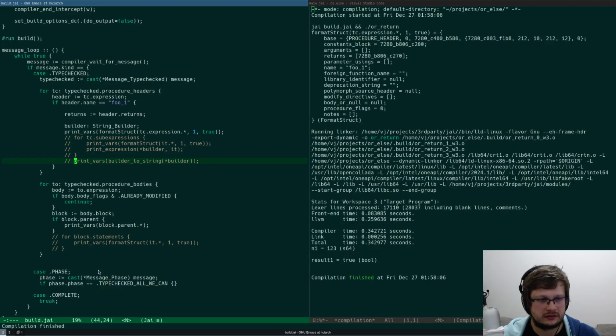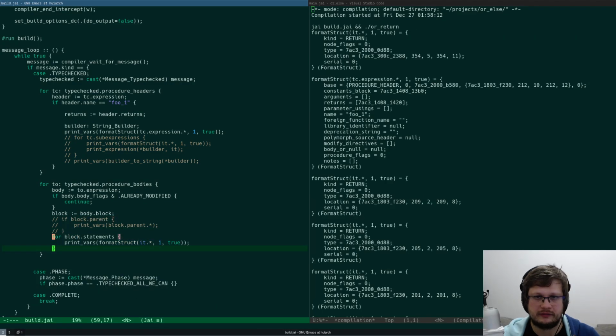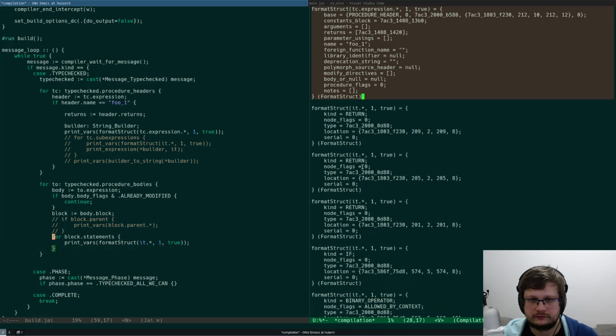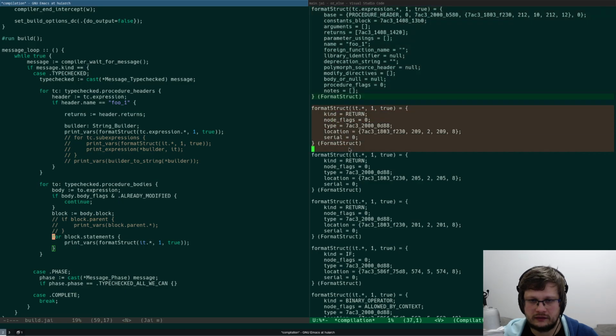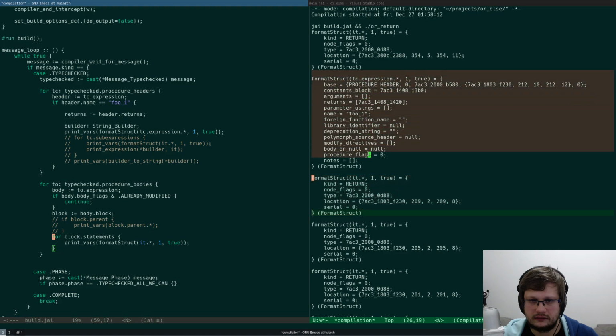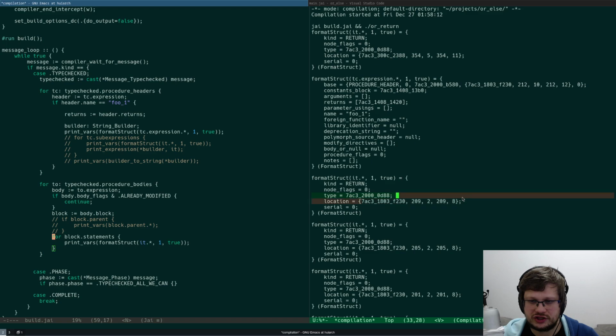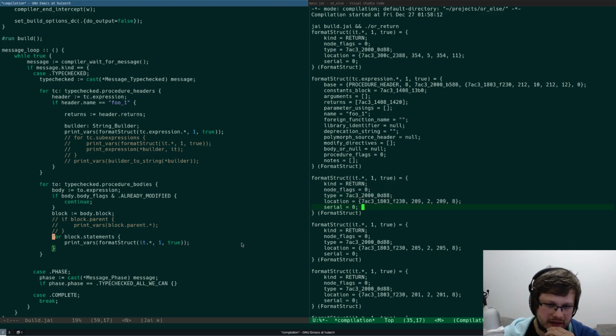This is so weird. Let me do this and do that, recompile. So I get this for one. And then location. Maybe I need to print locations instead. How about that? Yeah, let me print location actually.